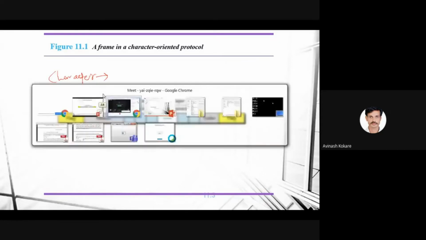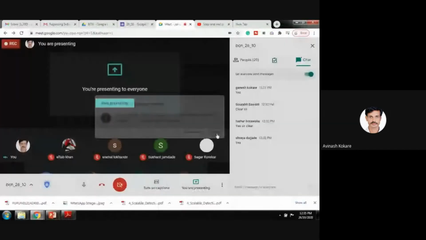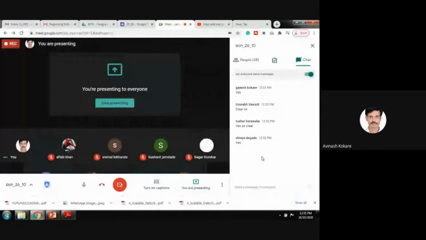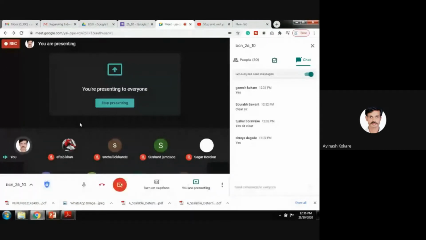How many bytes are required to store a character in a computer? In C programming or C++ or Java or whatever programming language you have learned, how many bits or bytes of data are required to store a character?